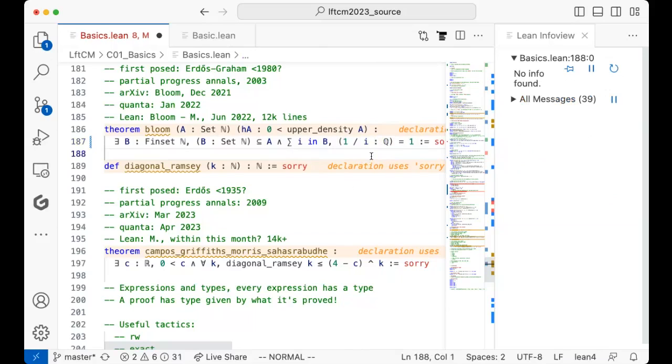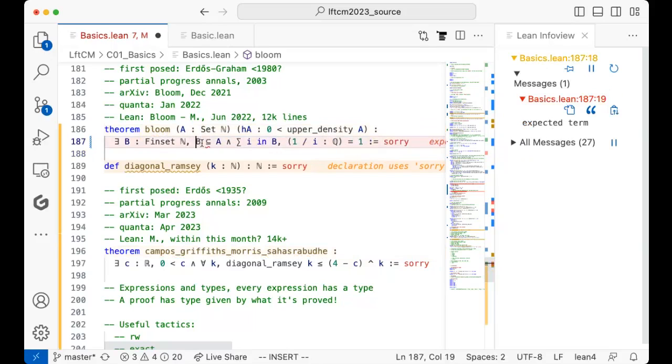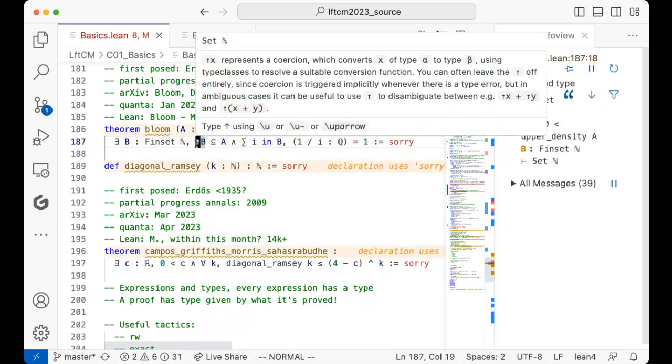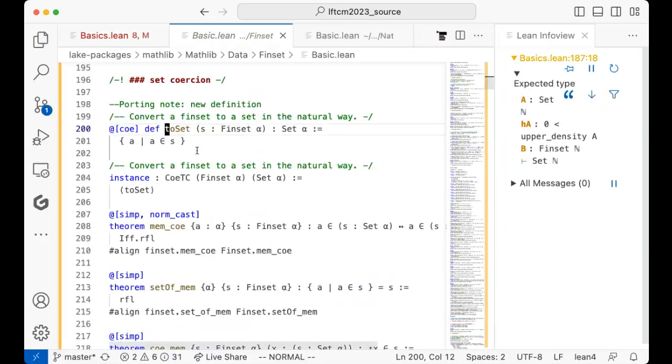Yes? I presume this won't work with general exercises, like a finset defined as a subclass of set. Not in this particular case. I think, again, someone later in the week will be talking about how those things work in general for algebraic structures. But you're completely correct, this doesn't work for general types. But what's happening here is this up arrow is notation for a coercion, which is